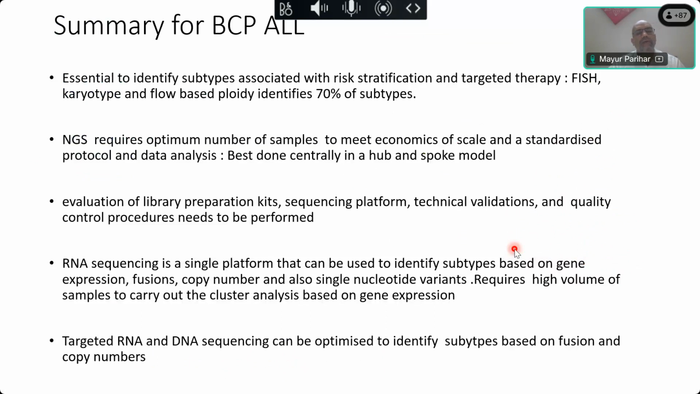FISH, flow, and if you have karyotype, can identify 70% of abnormalities. Of course, high throughput sequencing technology can be used, but here, what is a single platform? There is not much role of identifying mutations in BCP-ALL as of now, except for your TP53 mutation. But for NGS, you need to be sure, and RNA sequencing is coming up as one single platform wherein you can actually identify all the different subtypes based on gene expressions, based on fusions, based on copy numbers, and you can go about identifying targeted single nucleotide